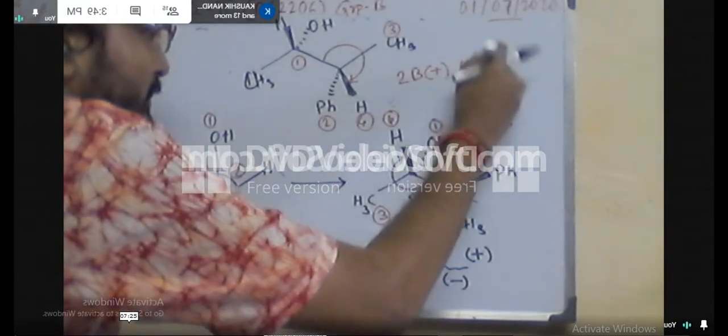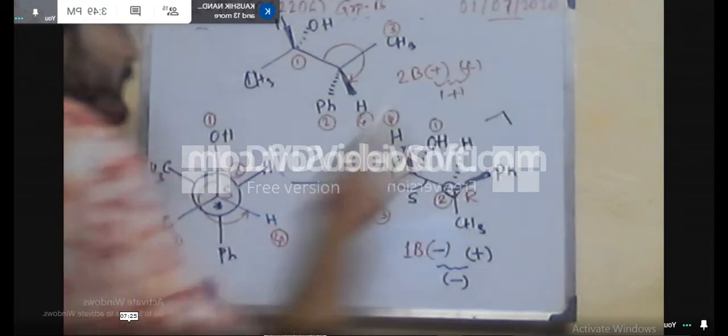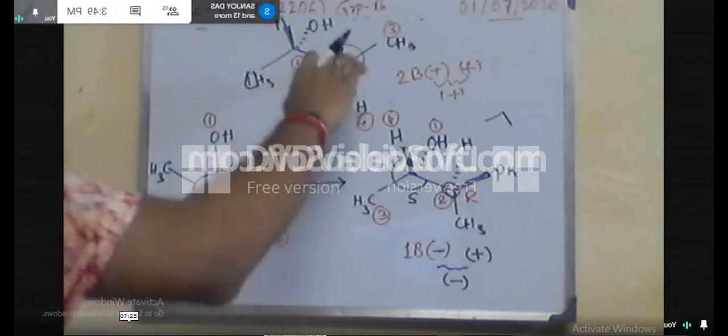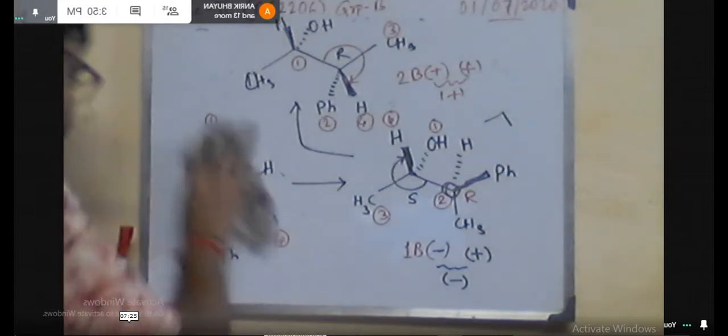Now, as I mentioned, if any chiral carbonyl system has no chelating group as well as no electronegative group present, then simply apply Prelog's model or Prelog's rule, because it is easy to predict the product. But if some electronegative group, that means a minus I effect containing group or chelating group, is present at the chiral carbon, then you have to apply the Cram's model to predict the correct or the major product.